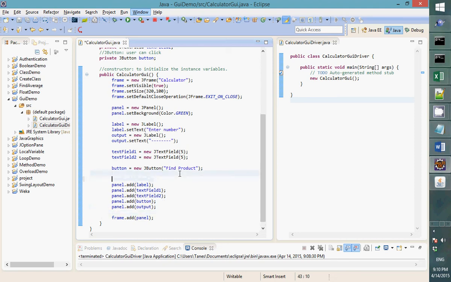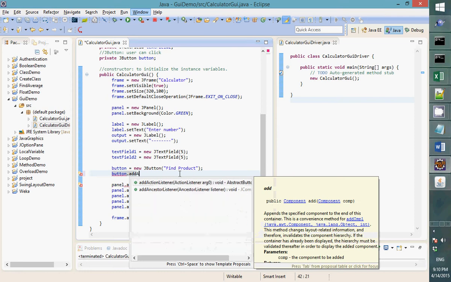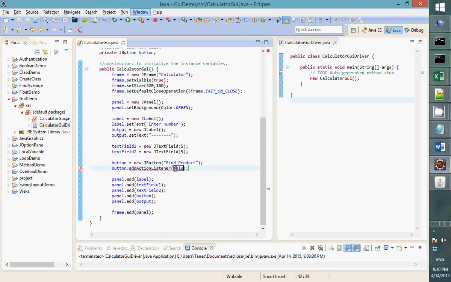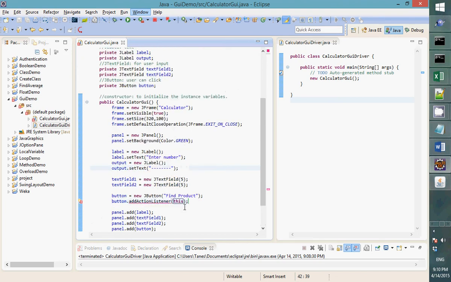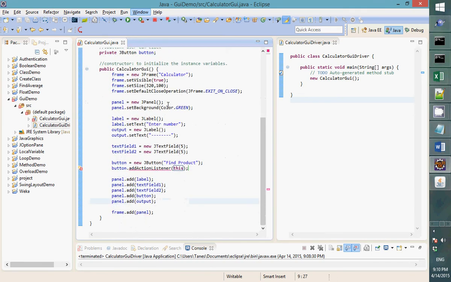pretty much I like to create or add the method. Okay, we call the method again add ActionListener to this. Okay, so what this is, when I said this, we know we used that before. This refers to the class itself, which is CalculatorGUI. Okay,